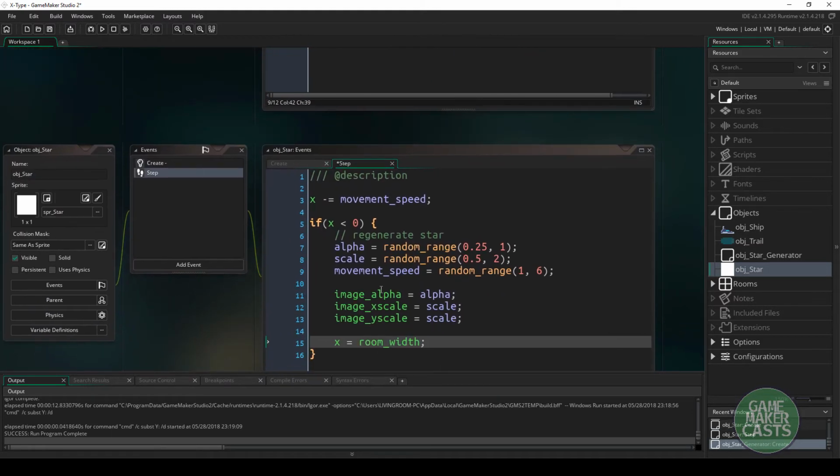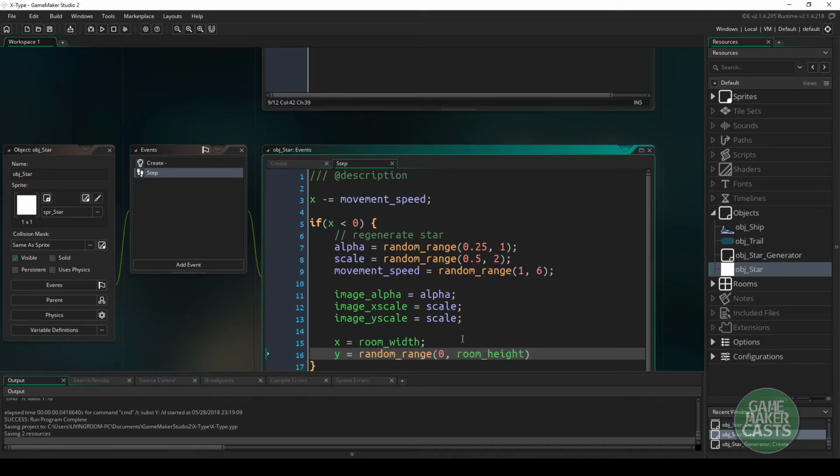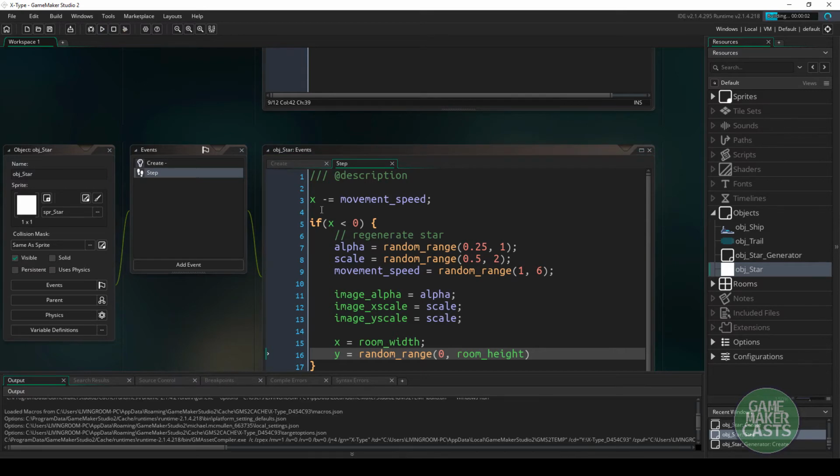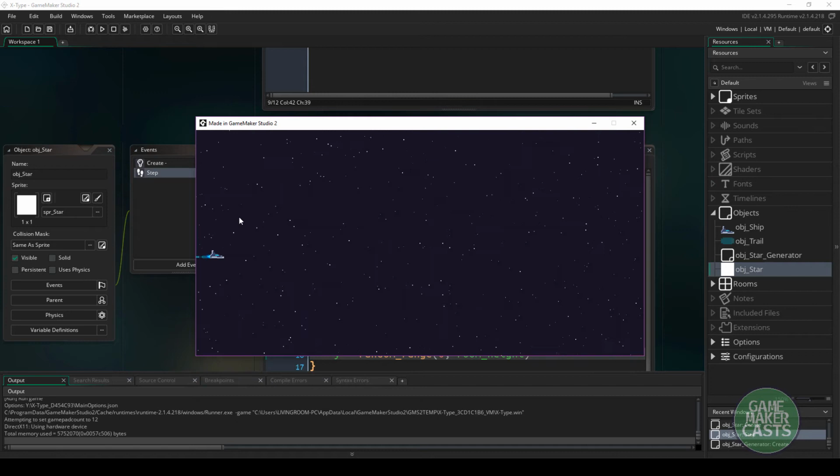I'll just copy and paste it from our generator. Y equals random range 0 to room height. Now if we save and we hit play, you can see that our star field is now being generated properly. Our stars are moving from right to left, and everything seems to be working,